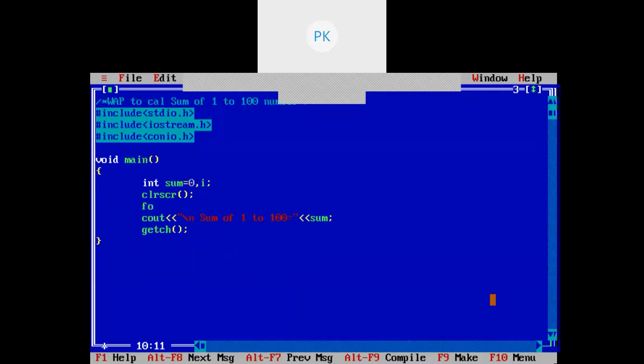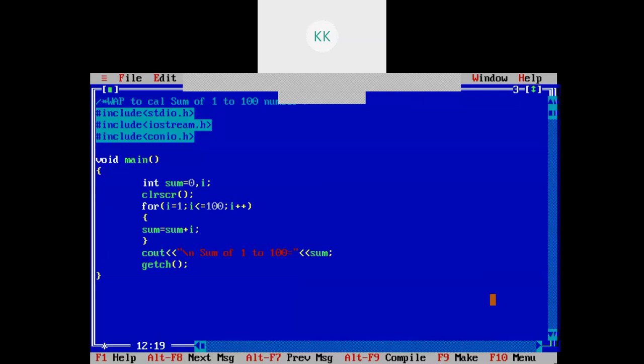So I will write for loop: for i equals to 1 and i is less than equals to 100, i plus plus. And inside this, I will simply write sum equals to sum plus i.